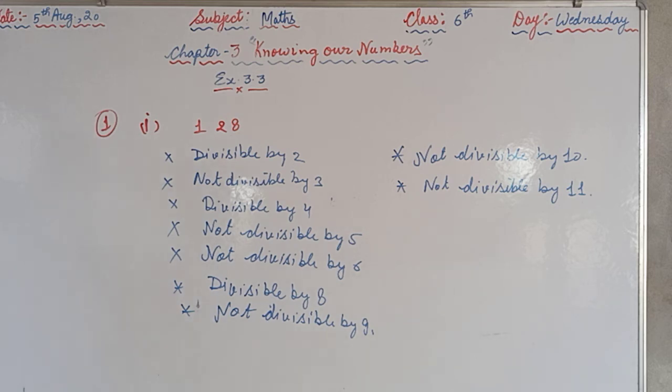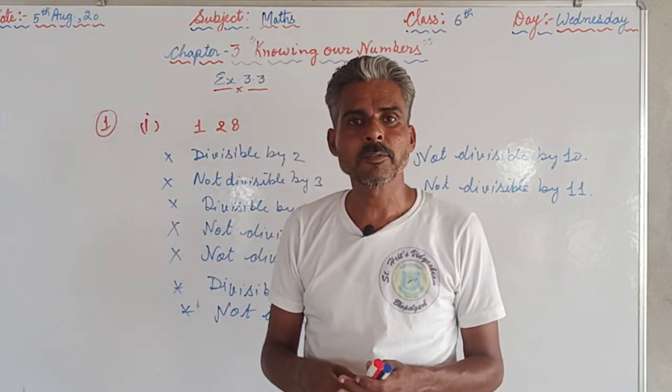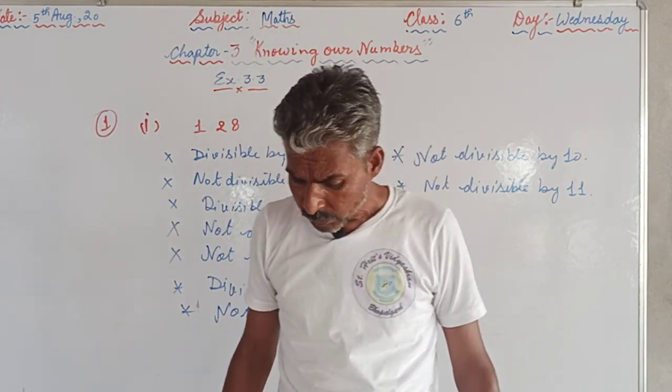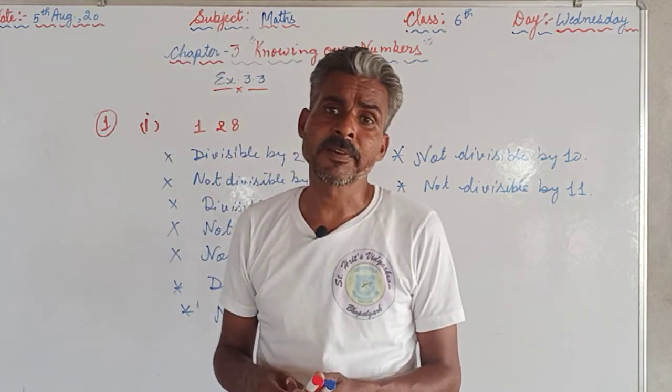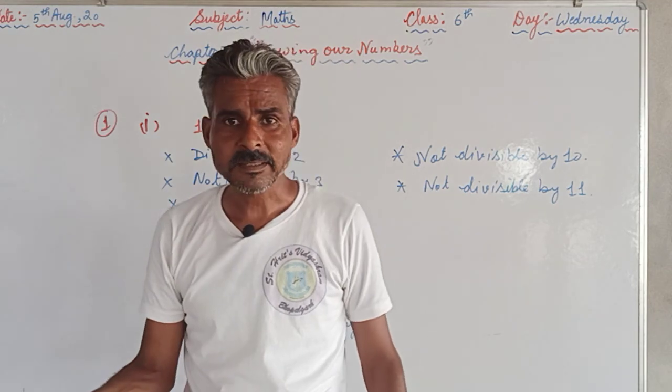So for 11 we are supposed to use that odd-even method, and we are supposed to check the difference between them. If the difference is 0 or a multiple of 11, then we can say the number is divisible by 11, otherwise no. So up to question number 4 you are supposed to complete today only, and that is your homework. And again, if you have any doubt, then you can message us or you can even call us, and tomorrow we will be ready. If any problems are there, then we will solve them, otherwise we will start the next question.